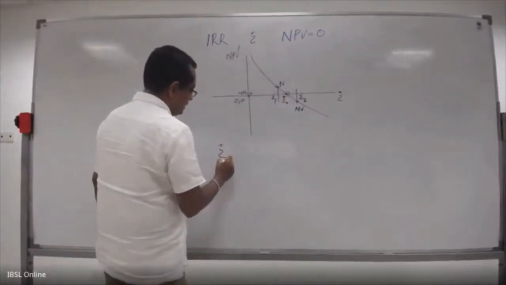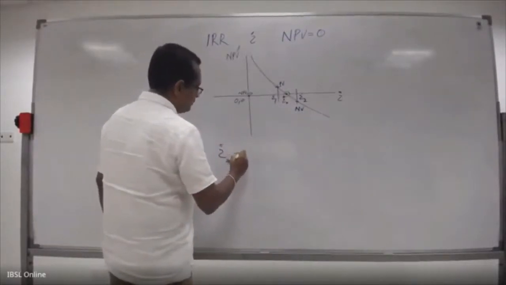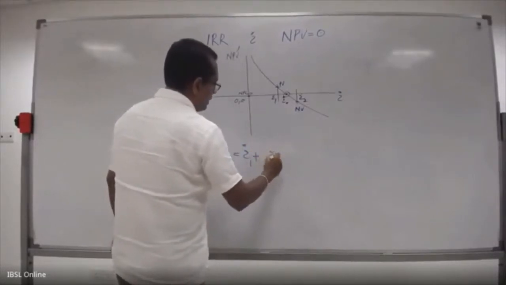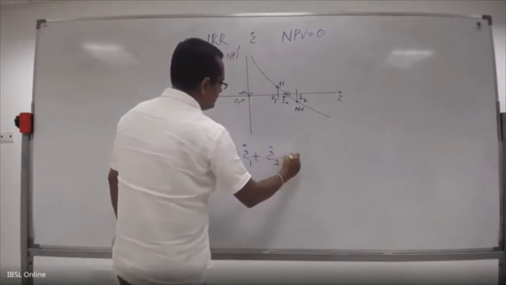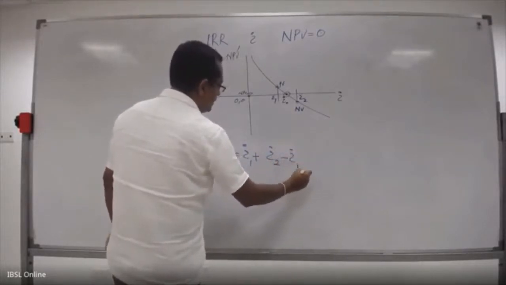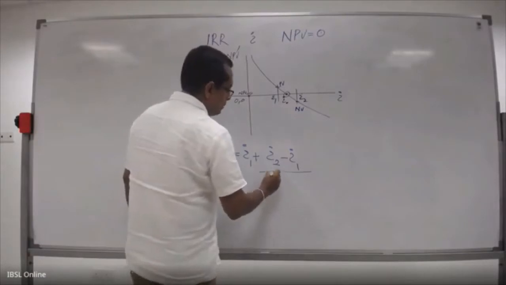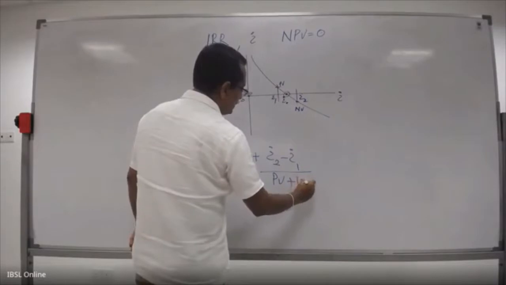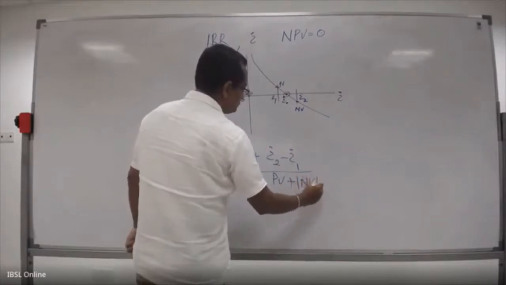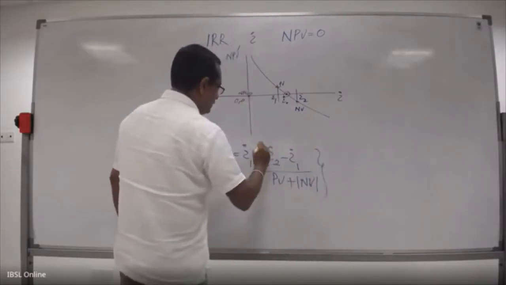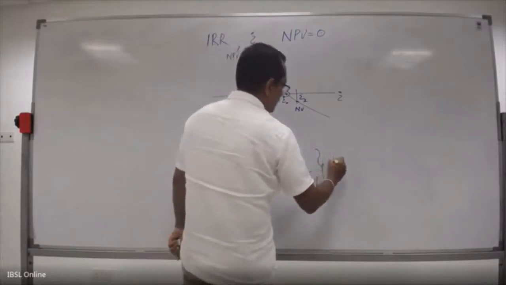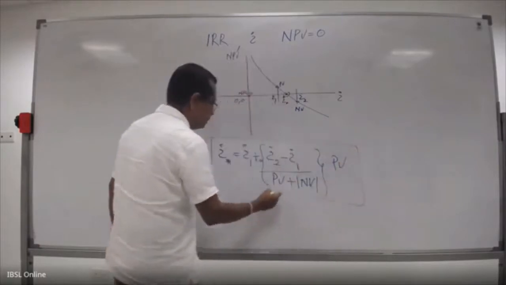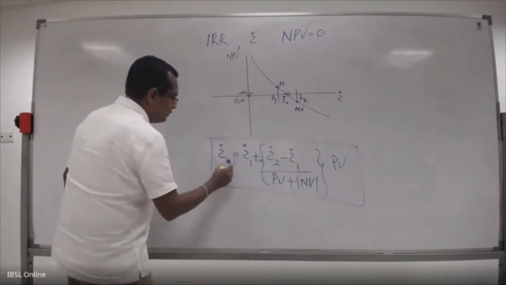I star equals I1 plus I2 minus I1 divided by positive value, plus absolute term of negative value, into positive value. This is your formula to find this, which is called IRR,